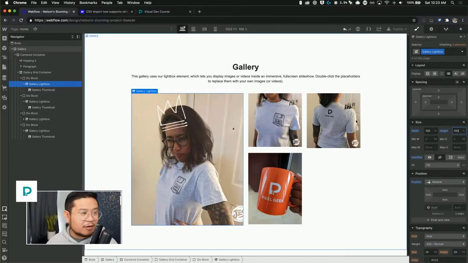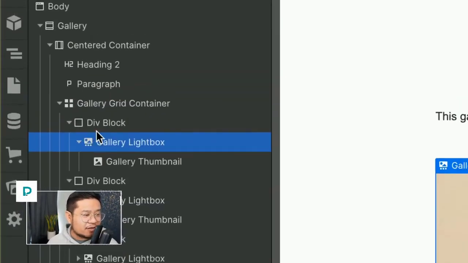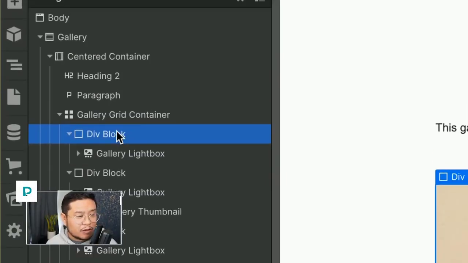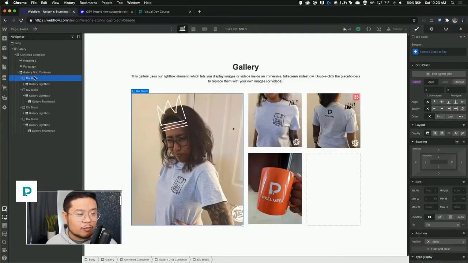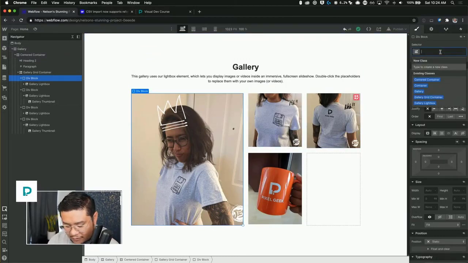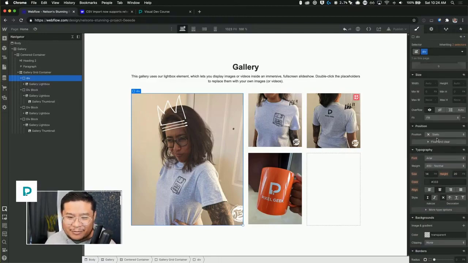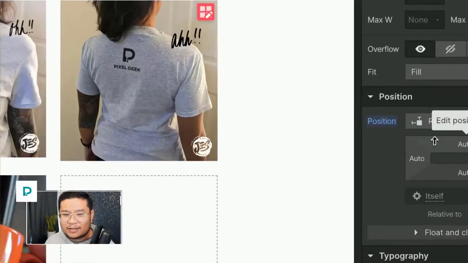So I have my setup. And so what my elements are is I have a div block and then I have a light box in the div block. So these div blocks, I want to set them as position relative because I'm going to have these tooltip icons, these tooltip hotspots, on the top left of each one. So this div block, we'll just call it div. Bad name, but we'll call it div, and we'll set the position to relative. Okay, so we set the position to relative,